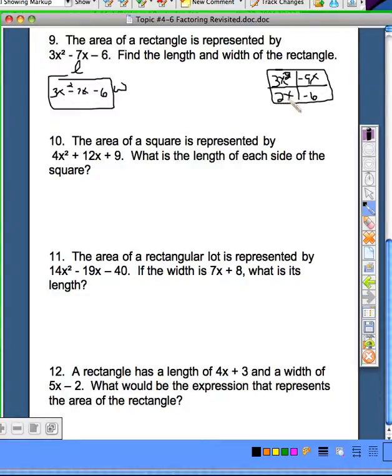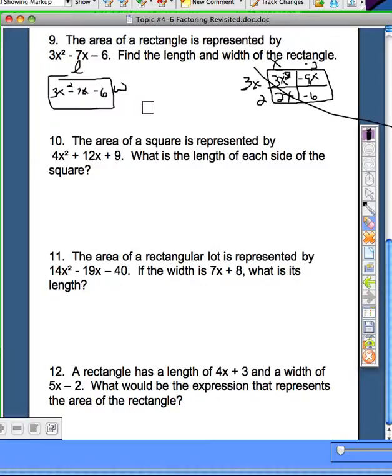Okay. Now, in essence, this is your rectangle that has this area. Okay, and that's what we've been doing. Now we're going to find the length and the width. The way to get 3x squared is 3x times x. 3 times -3 is going to give me -9x. X times 2 is going to give me 2x, and 2 times -3 is -6. So my two factors, the length and width of that rectangle, are x plus